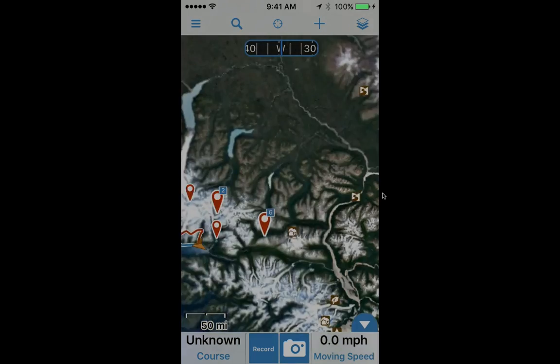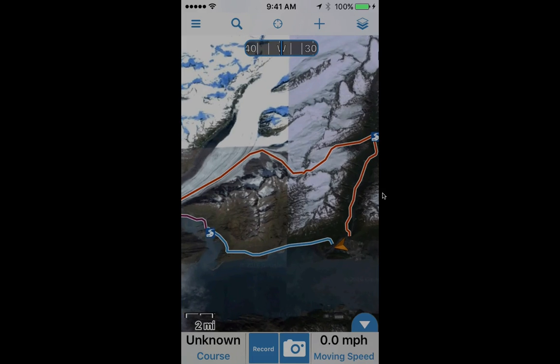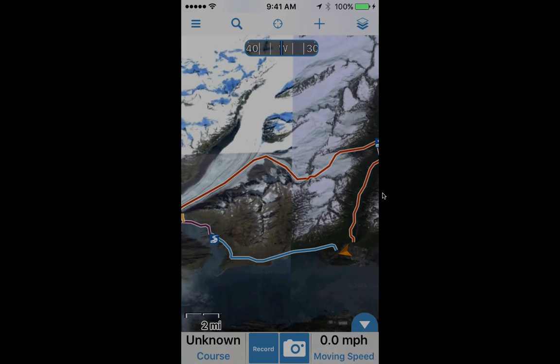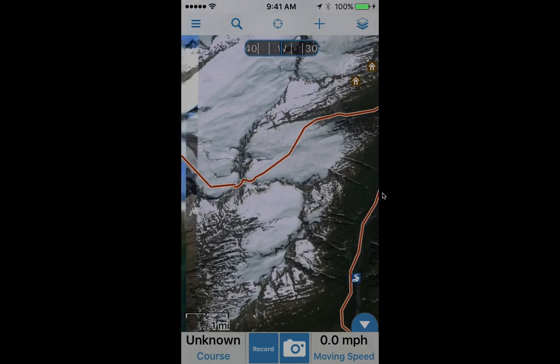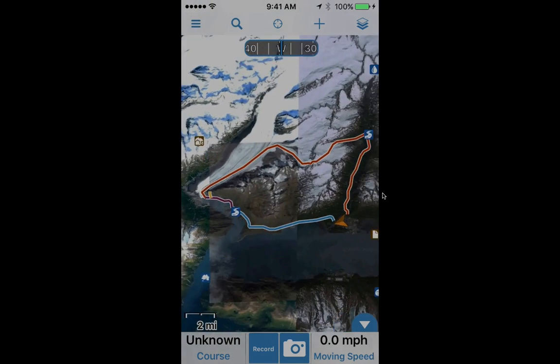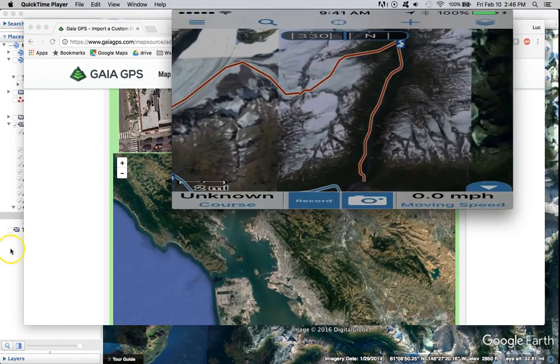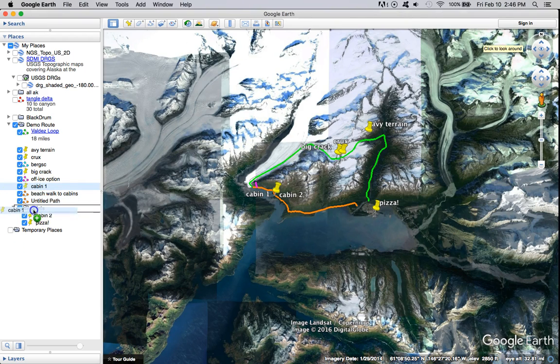Okay, let's look at that route that we just imported. And there it is. It does look like the waypoints didn't make it through. So, to be complete, let's do this right. I'll go back to Google Earth, pull the rest of these into a points folder,